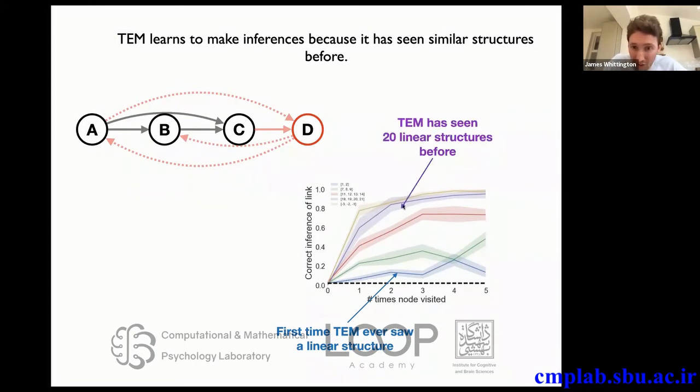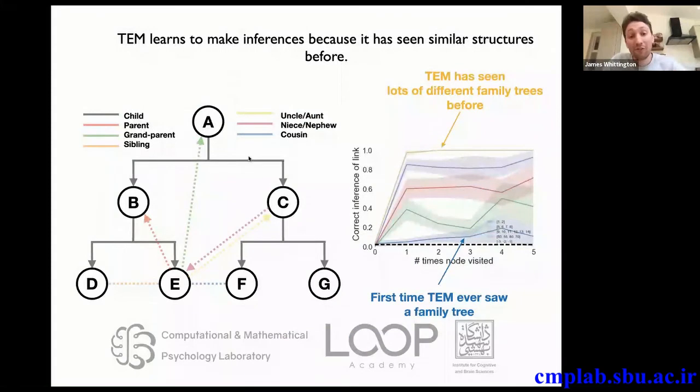But then after it's seen 20 or so together, it gets a little bit better at making these one-shot inferences. And then the more and more it sees, it gets better and better and better at making these immediate inferences. And that is because it has learned the underlying structure of what it is to be on a line. And likewise, in these more family